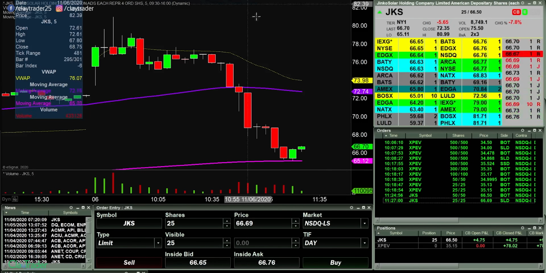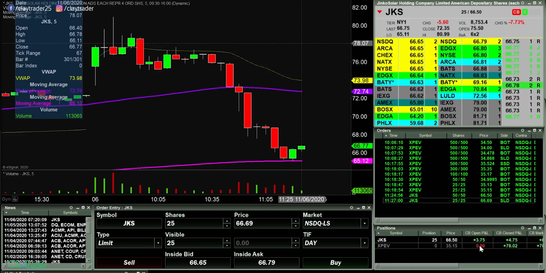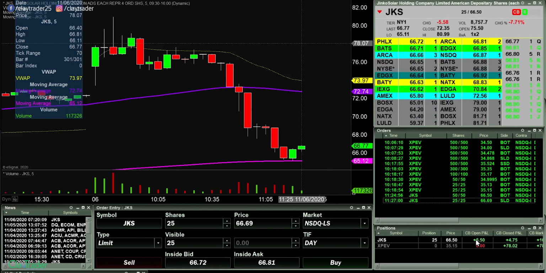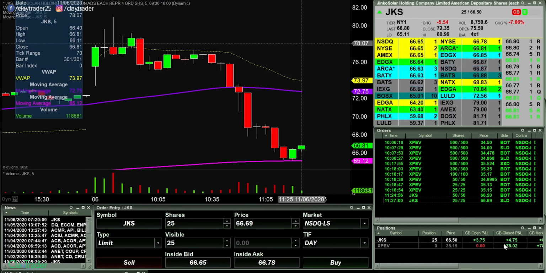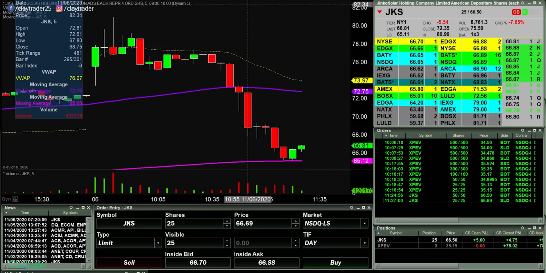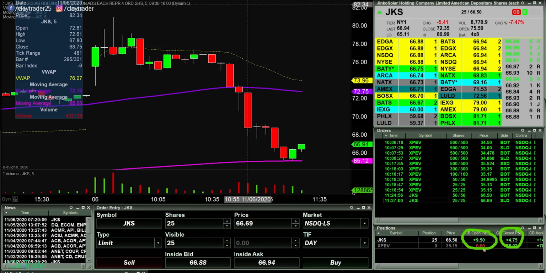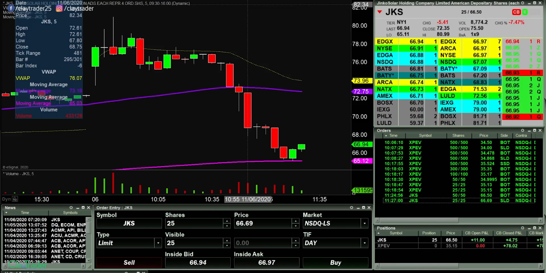So now I'm getting good practice in managing the position, scaling out. Again, I'm not saying that's where I should have scaled out, but just to drive the point across here, that's the idea. And now you can see it's still going in my favor. So the way this works is right now, I've already locked in $4.75, but I'm still actually up $9.50, $11 on what's still open.